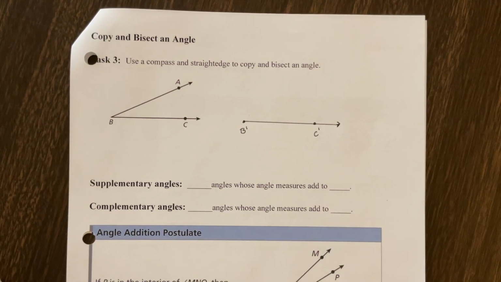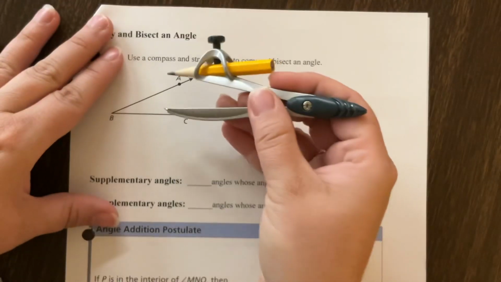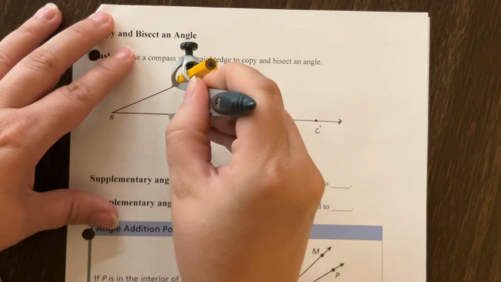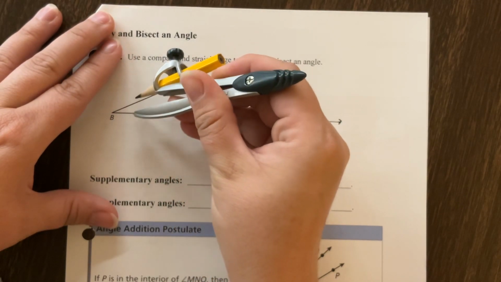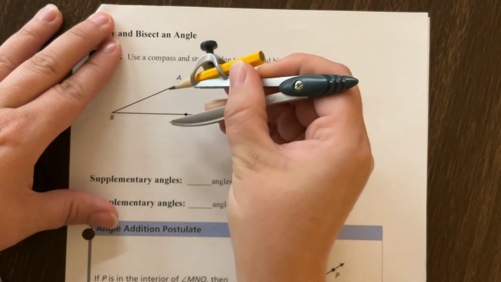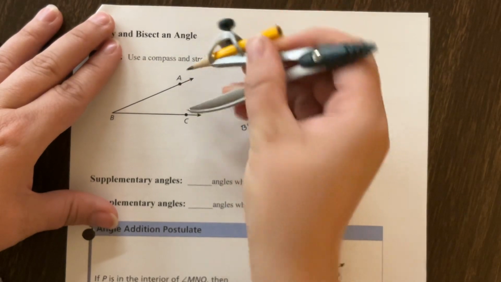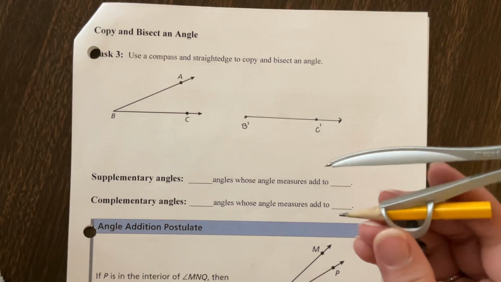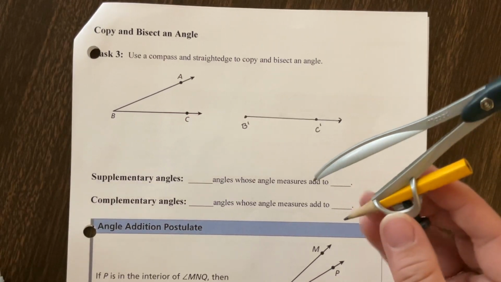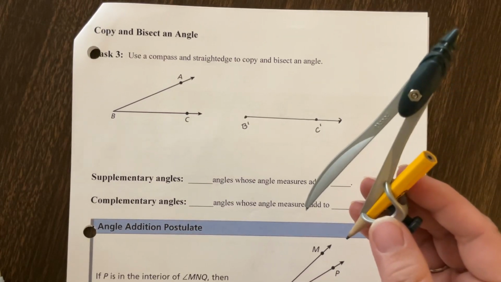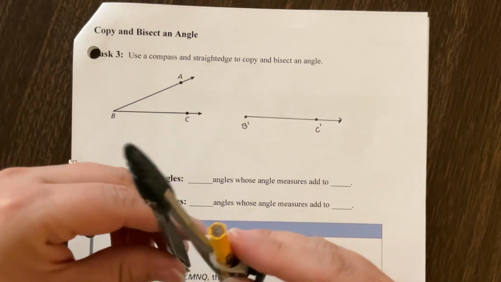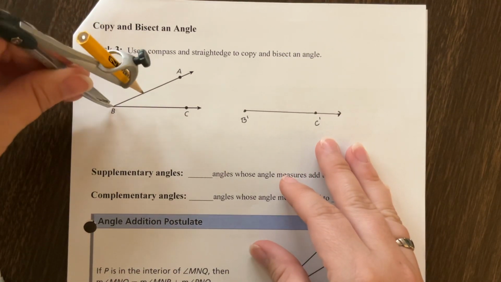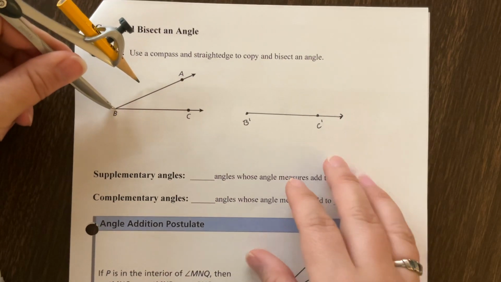Okay, now if I'm measuring using my compass on this angle, I can get almost any measurement I want based on where I measure. Like I can get them really close together here, I can get them really far apart out here, and so on. So we need a baseline for where we're measuring from. So I need to draw an auxiliary arc, basically an arc I'm going to use to do my construction and measure. So I'm going to put my compass on my original angle and I am going to draw an arc